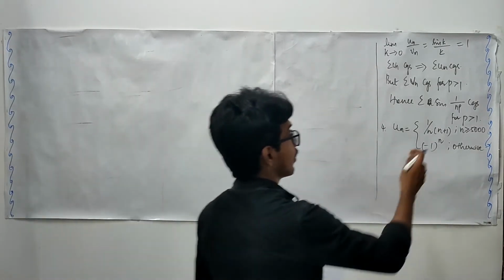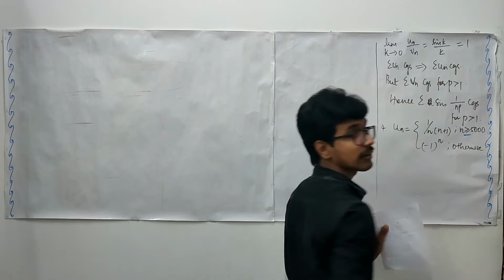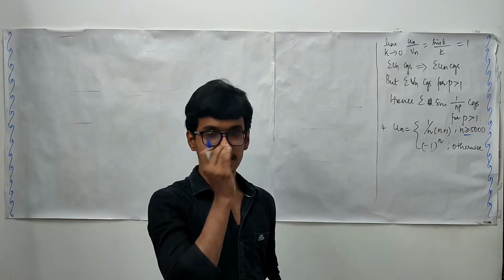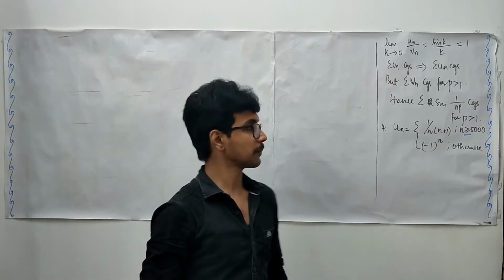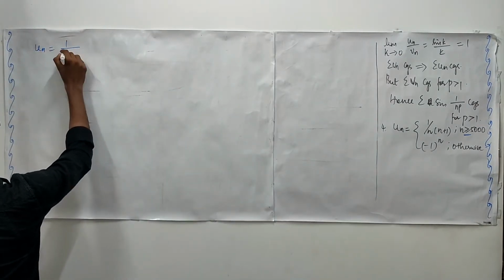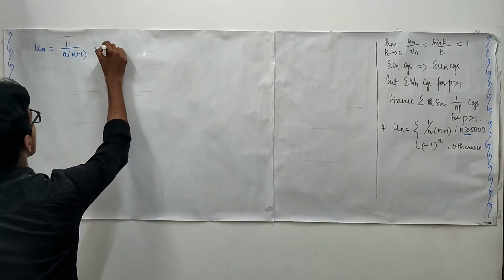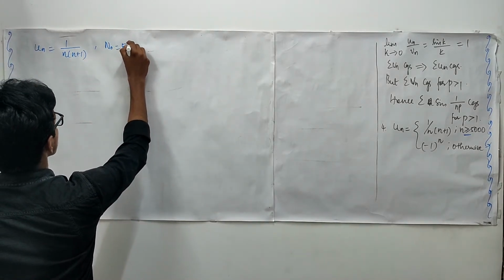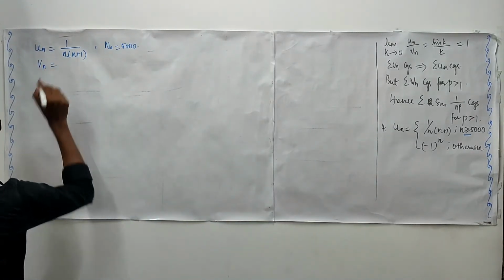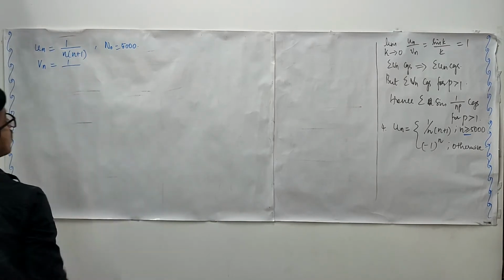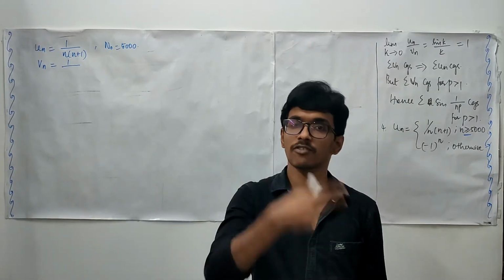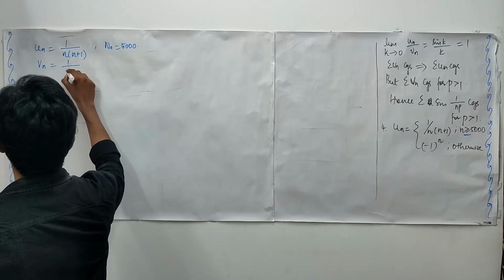Okay, here checking the convergence of this series is quite interesting. Let us see. What is given for n bigger than or equals 5000. So in the comparison test, some stage is specified, right? That stage is 5000 here. So my un is 1 upon n times n plus 1, and the n naught that I am going to fix is 5000. I will have to identify some vn. In the numerator we have 1. In the denominator we have a product of two terms. From the first term we are going to take n, and from the second term also we are going to take n. So it is going to be n square.